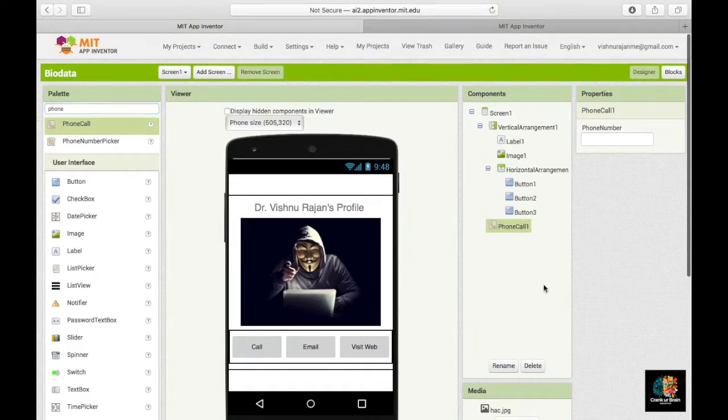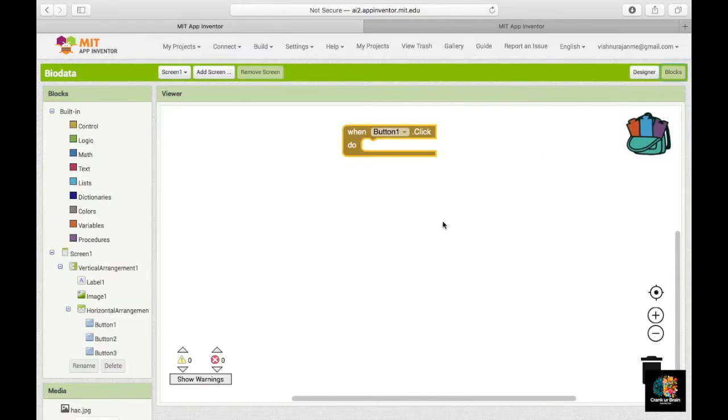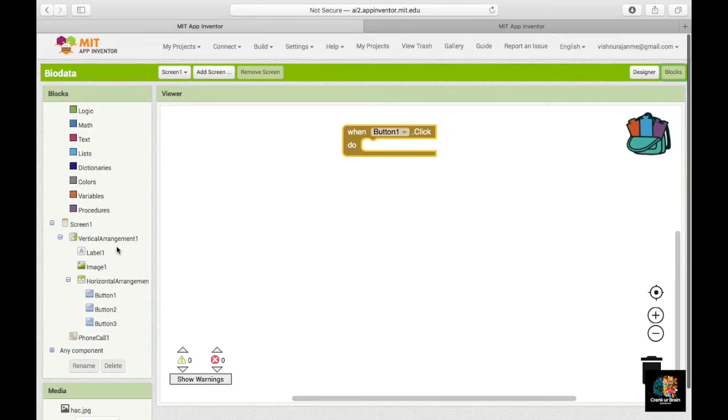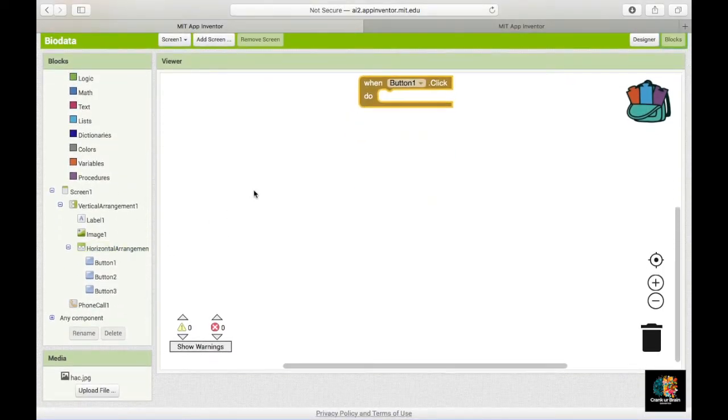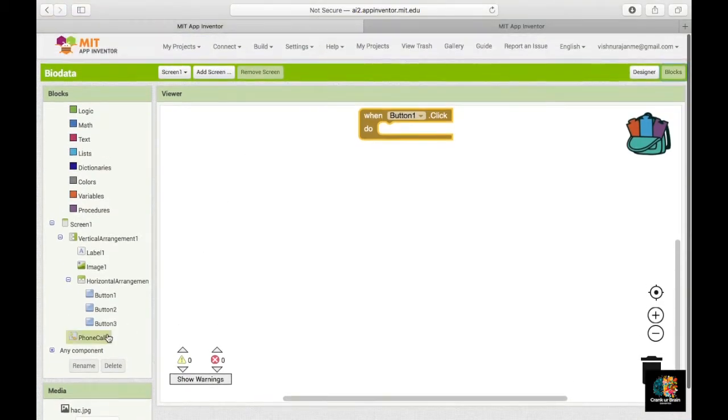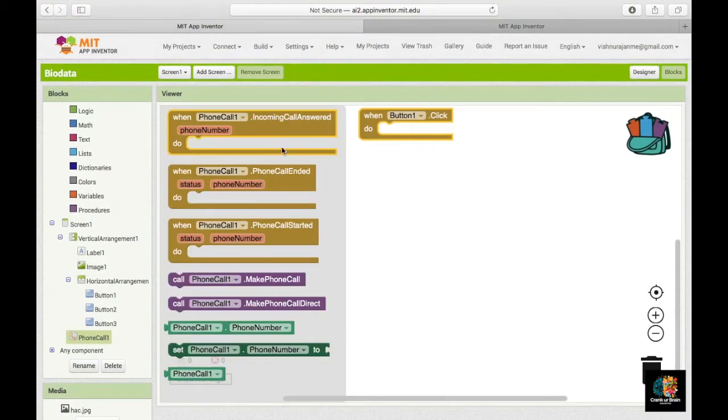Now you can click on phone call 1, and the phone number you can give over here. Let it be some phone number like 99999123455. So I have given one phone number also, but this is not over yet. Why? Because in the block section, I need to include that whenever button 1 is clicked, something has to be done. That link has to be given. So again, just scroll down and see, here one additional phone call 1 component has appeared. Just click over there and see several actions are displayed.